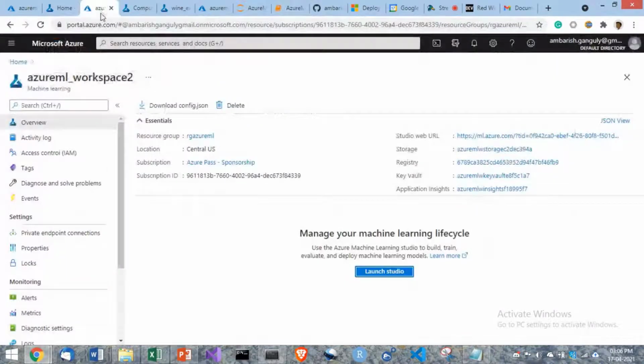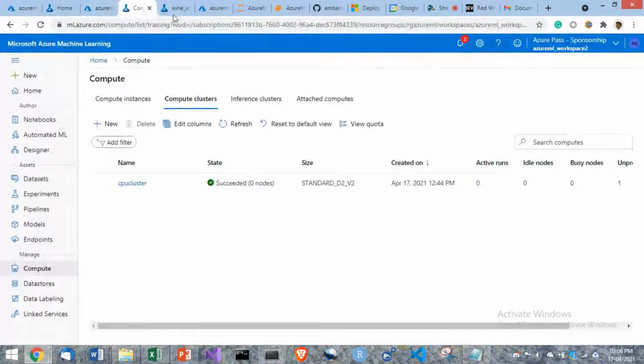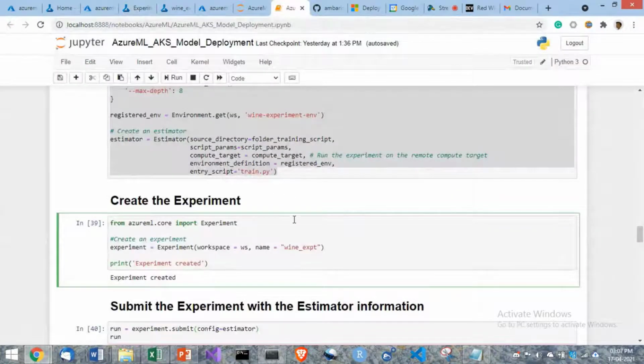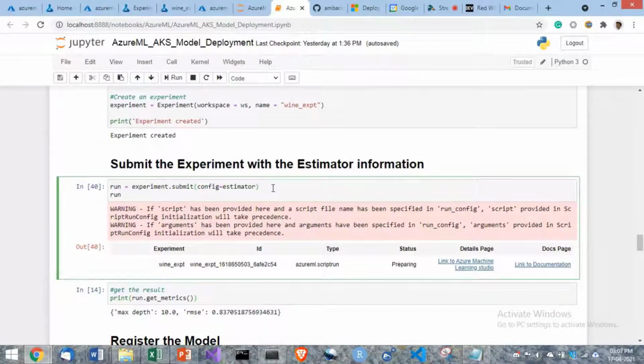Here in Azure ML, you can see the experiment in the experiments tab. So this is the experiment that we have created. Once the experiment is done, we submit the experiment with that estimator information. What is the estimator information?